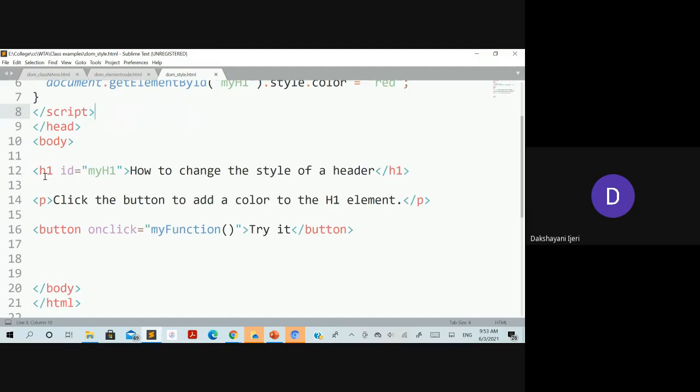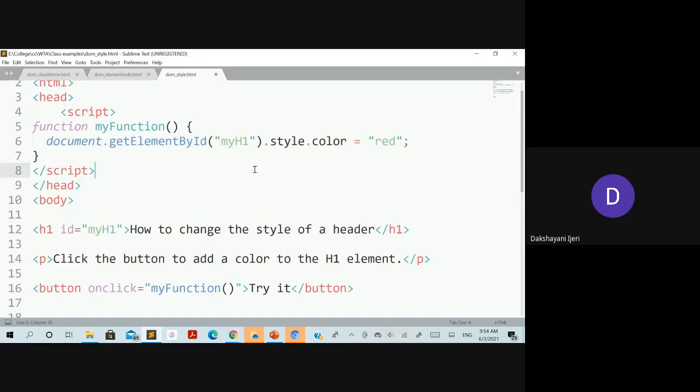I want this JavaScript to be applied to the h1. The value of the id I have taken exactly the same as I have taken here. These need to be the same. And I have simply taken the text as how to change the style of the color, and closed that element, and added the paragraph.